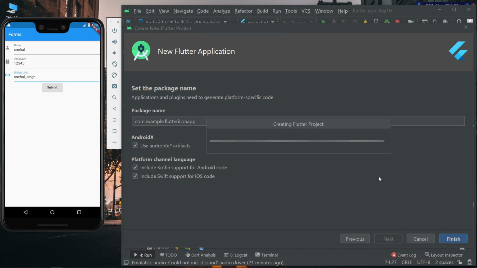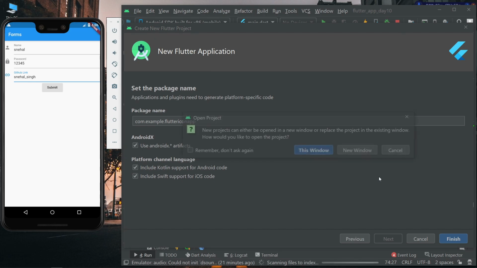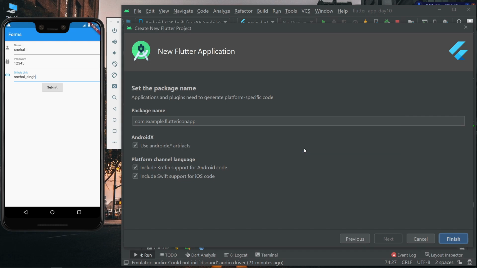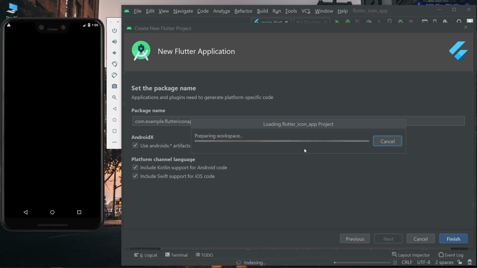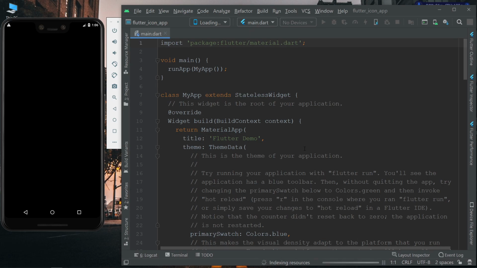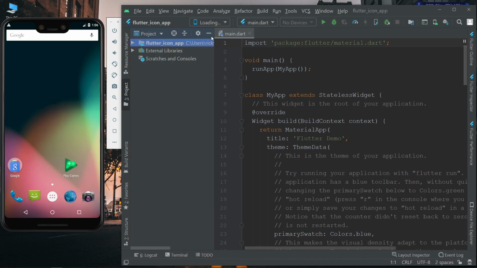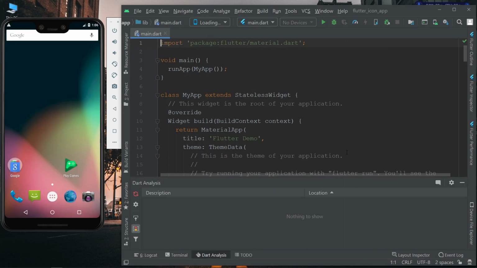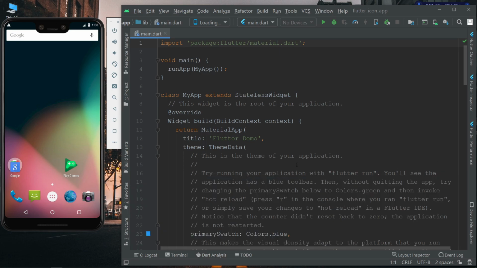The properties that are provided by the icon widget are color, with which we can change the color of the icons, and we can also change the size of our icon. We can also change the direction of the text which we will specify. So these are the properties that are provided by the icon widget.